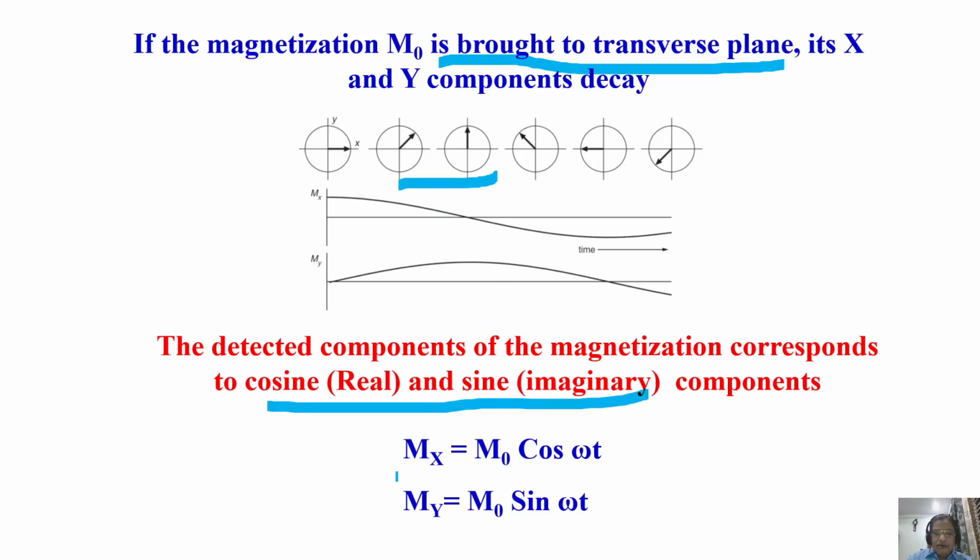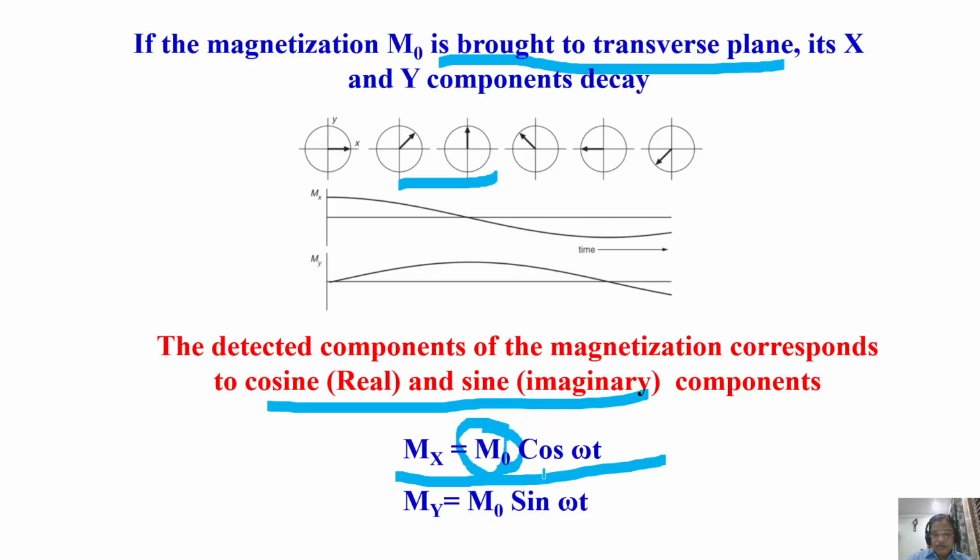This we can represent by a simple equation like this. This we already knew earlier also. An oscillating wave with an amplitude and a frequency is always represented like this. Now, Mx component of this I represent as M naught into cosine of omega t. What is M naught? M naught is our magnetization, which is in thermal equilibrium. Before application of the pulse, the magnetization was along the z axis. That is considered as M naught.